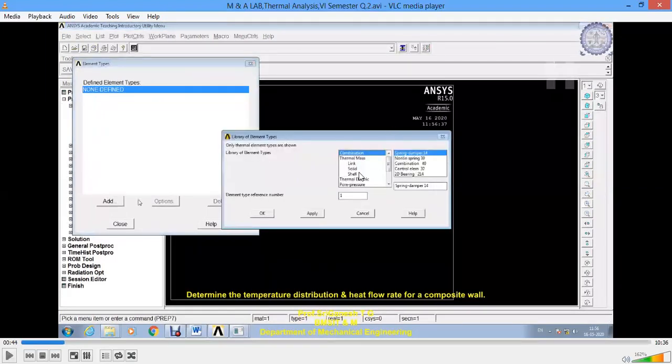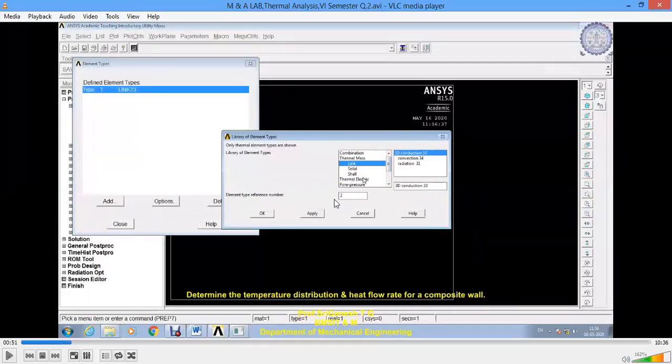Next, it's a thermal problem, so we'll go for thermal mass link element. Here the conduction element is denoted by 33 and the convection element is denoted by 34. We have to remember this. So we'll select 3D conduction 33 and click on apply.